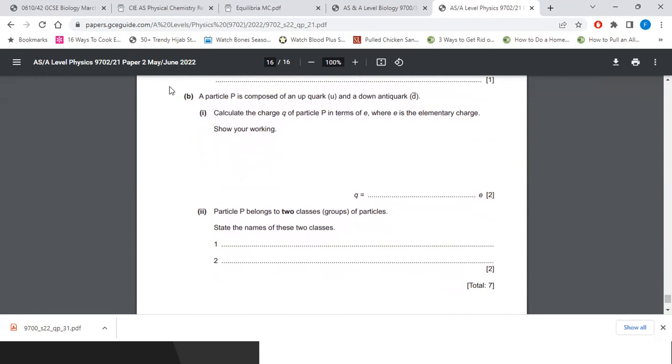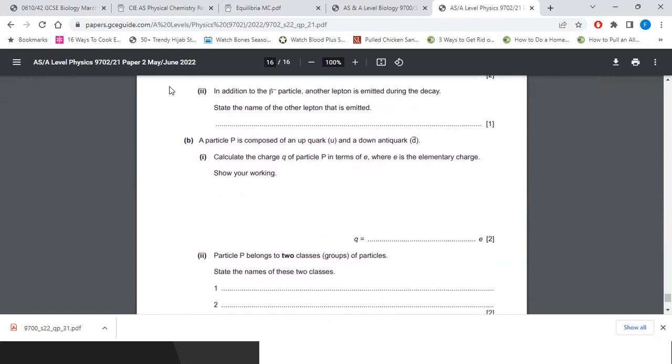As for the previous question, we can either write the proton, electron, and then antineutrino. A proton is not a lepton. Proton is a hadron. Remember that. I was just telling you that in your beta minus emission, you get a beta minus particle, that's the electron. You get a hadron, the hadron is proton, and the lepton is antineutrino.